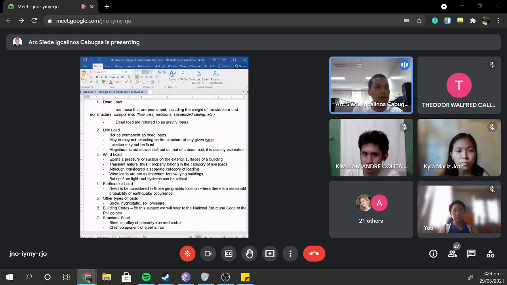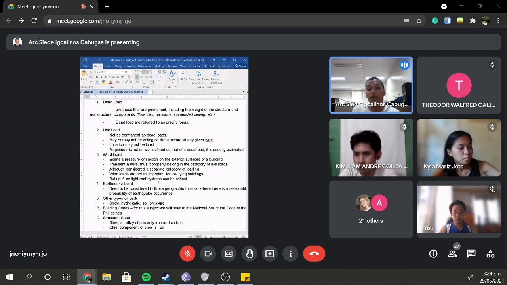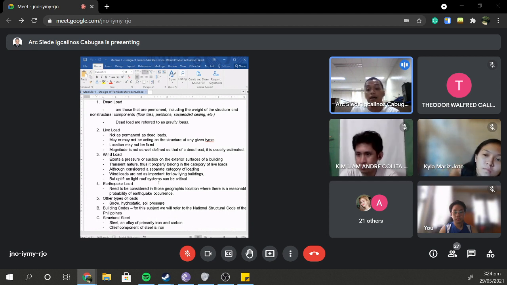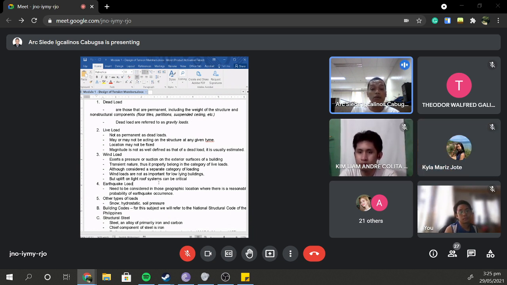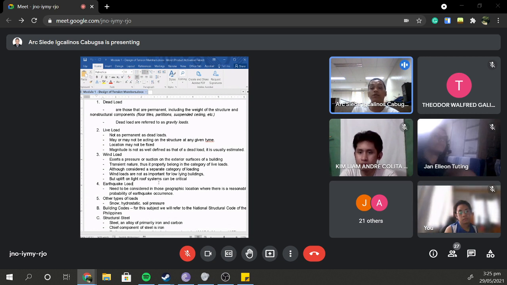Pero sa atong pag-analyze, ginabutang nato siya into a separate category. Naa siyay iyahang own load combinations. Alright? It needs to be considered in those geographic locations where there is a reasonable probability of earthquake occurrence. So if you take a look at our NSCP, our National Structural Code of the Philippines, dari dapit